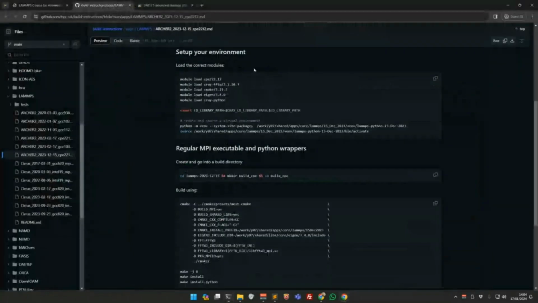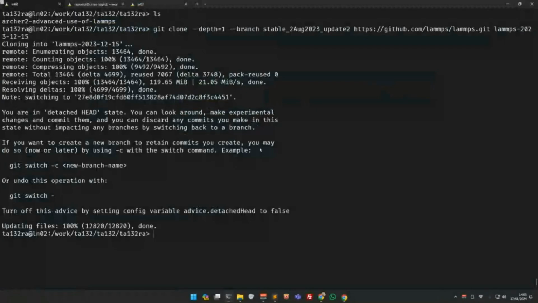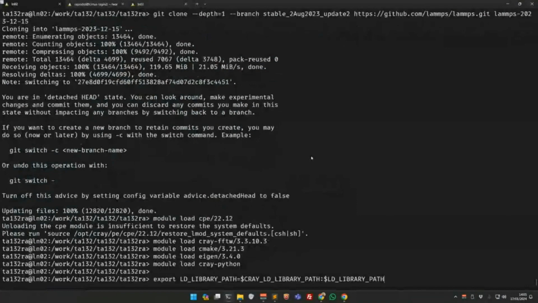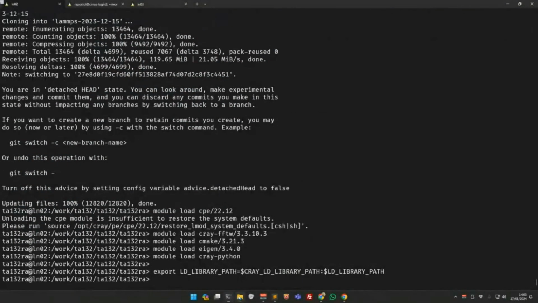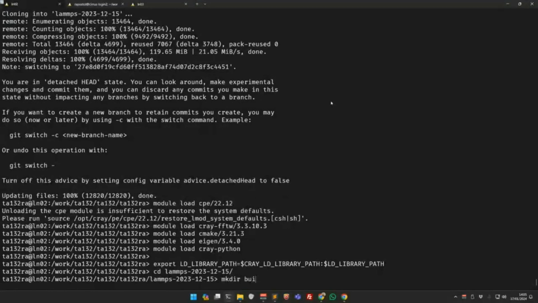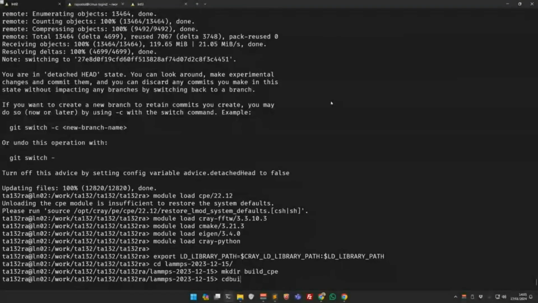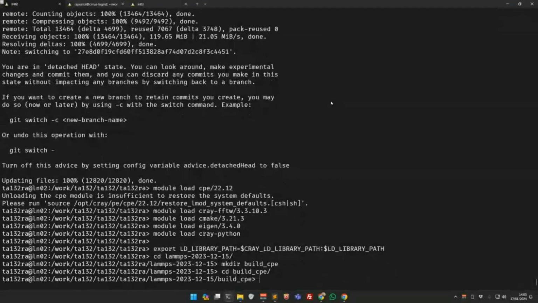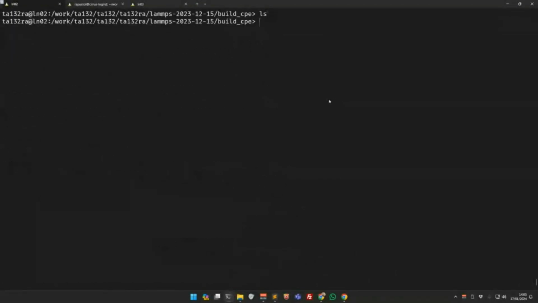Okay, so then I'm going to need to load some modules. You'll forgive me if I don't do the Python one here because it takes a bit longer than the version without Python wrappers. So if we go to LAMMPS, create a folder that's empty, and now